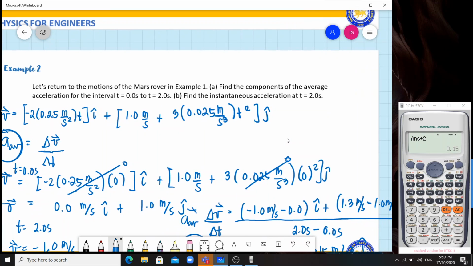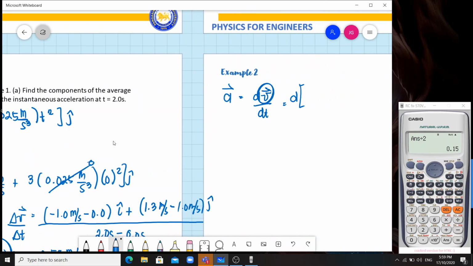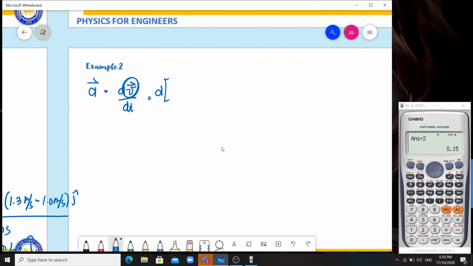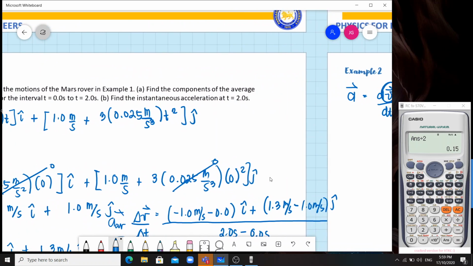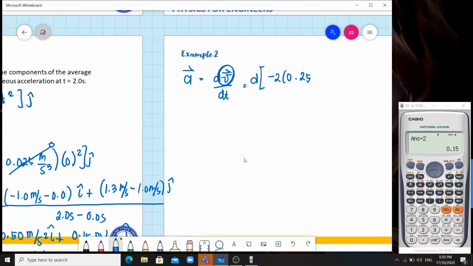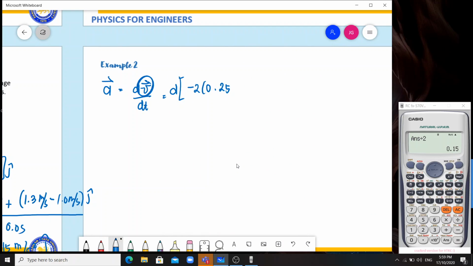Ito, negative 2 times 0.25 meter per second squared t i plus